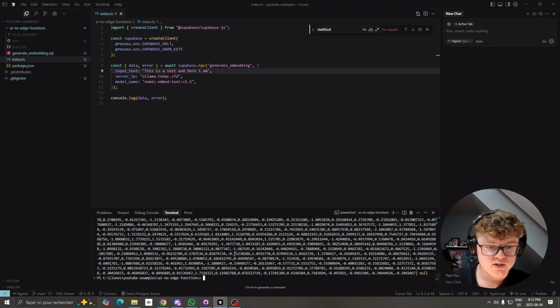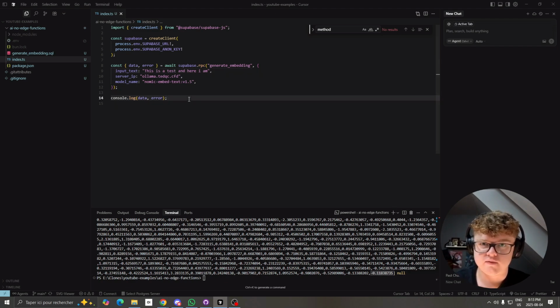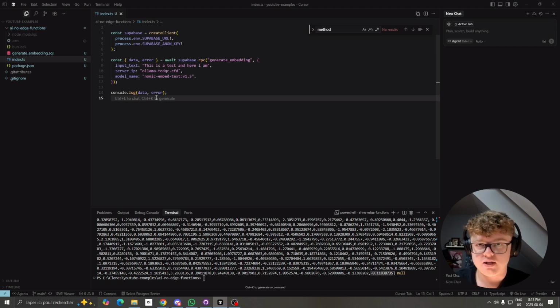If we run it with something else, like "this is a test, and here I am," and then we run it again, we're going to see that the number is different. We had minus 0.38, and we're now at minus 0.11. This is because the model embeds the text and puts it in a vector graph that has a lot of dimensions, so it changes the position based on what the text is. This is outside of the subject of this video, but as you can see, we've successfully called an API through